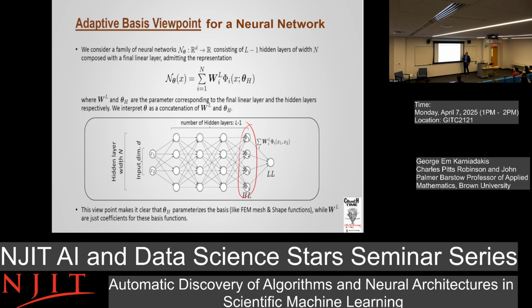I also want to rewrite a neural network. For those of you who have not seen a neural network, here's a neural network. X1, X2 are the inputs. I have one output, but I want to give a non-computer science point of view, a numerical analyst point of view. A neural network is a function approximation. I write a neural network with parameters theta as a linear combination of the weights of the last layer, which is a linear layer. In regression, we don't apply activation functions here. These are multiplied by the basis phi1, phi2, and so on.